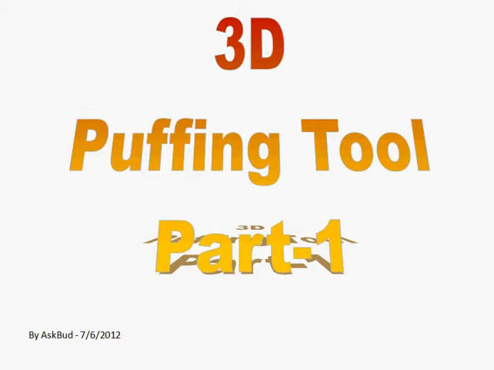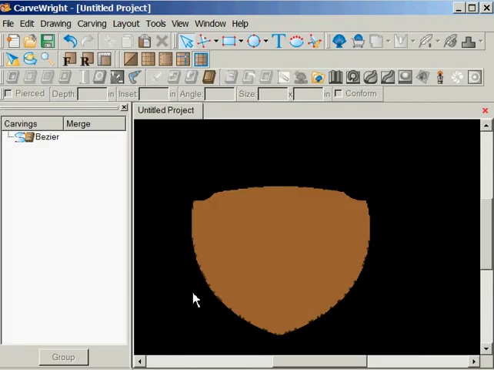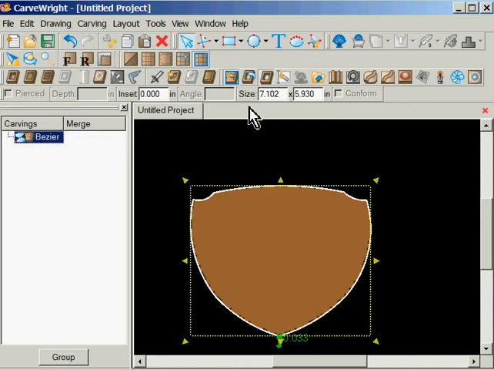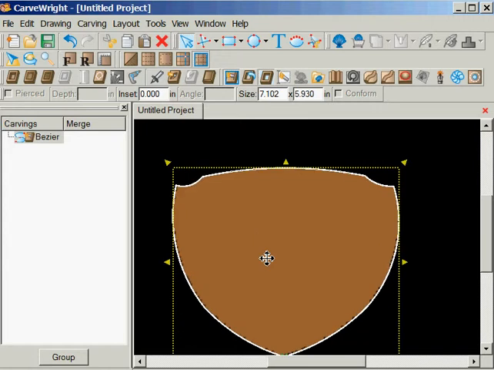Hello, it's Bud. This lesson we're going to explore the 3D puffing tool. See if we can learn a little bit about how it works and how we need to make our decisions. So I'm going to bring up Designer, and I've already got something outlined, and I've applied a cutout so that I could hide the rest of the board, just to make it a little easier on what we're doing. So let me just make this just a little bit bigger,